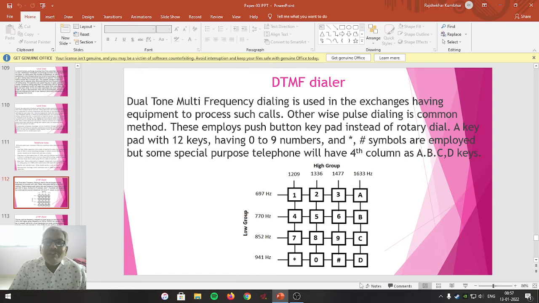So that's why it is called multi-frequency. Dual tone depends upon the operation of a particular key. When you press a particular number, two frequencies are attached for that number, at the cost of which two tones are generated, corresponding to those frequencies after converting them into audio pitch.